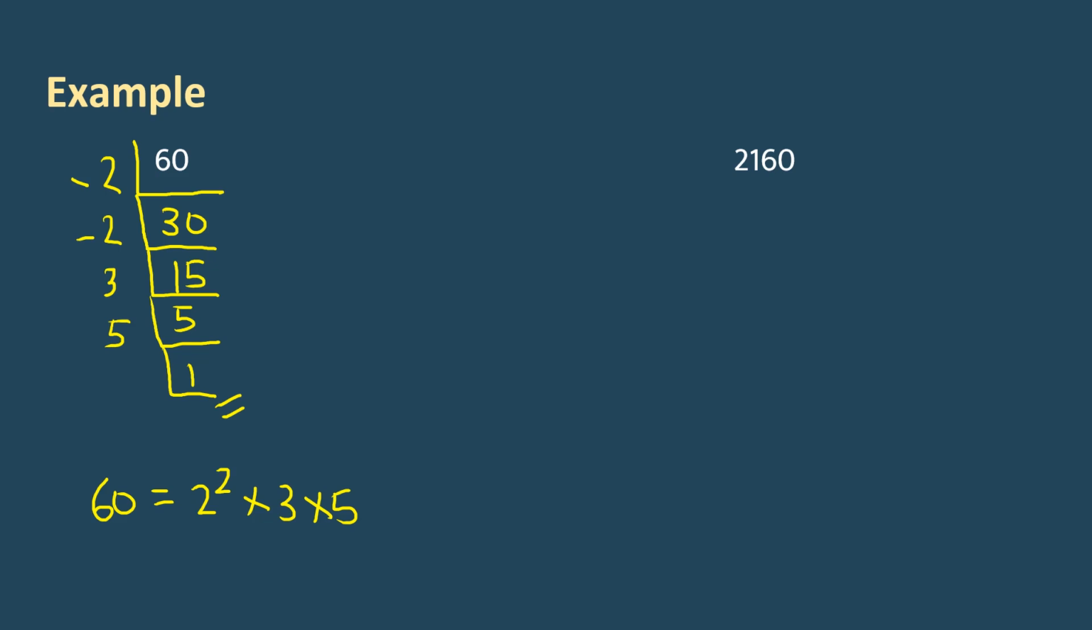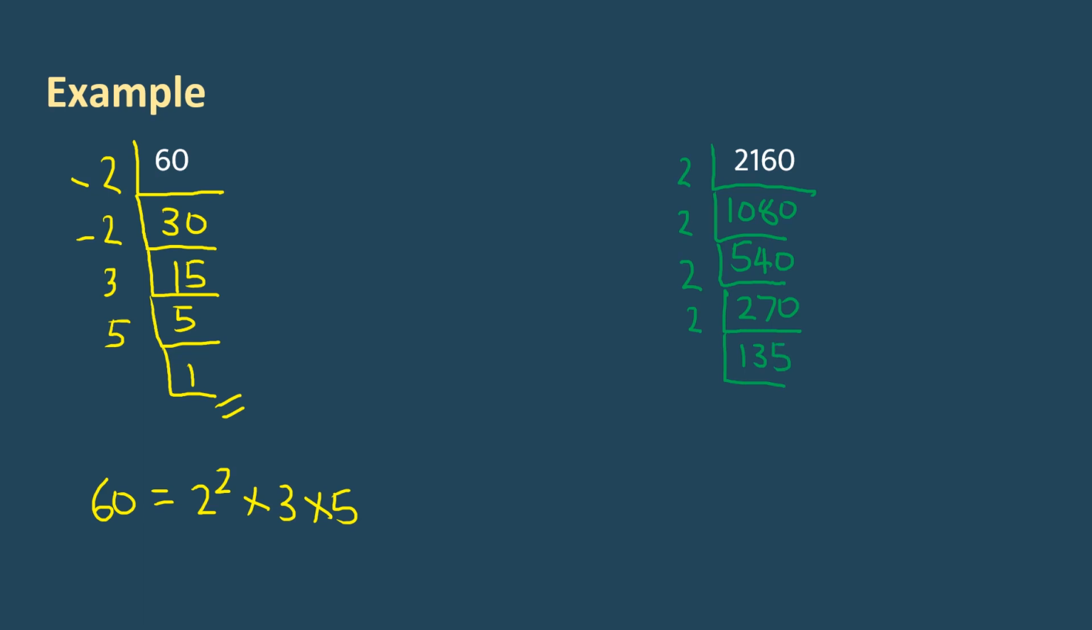Now let's look at the prime factorization of 2160. Is 2160 divisible by 2? Yes, it is, because it's an even number. So 2160 divided by 2 is 1080. Is 1080 divisible by 2? Yes, it is, because it's also an even number. So what we have is 540. Now, is 540 divisible by 2? Yes, because it's also an even number, because it ends with the number 0. And what we have is 270. 270 is also divisible by 2 because it ends with the number 0. And what we have is